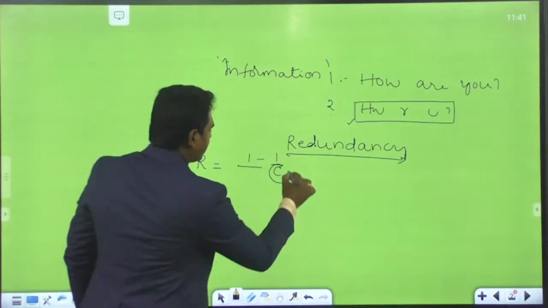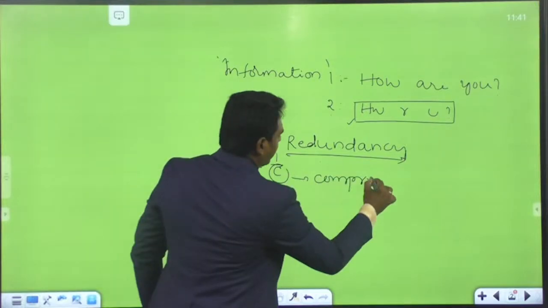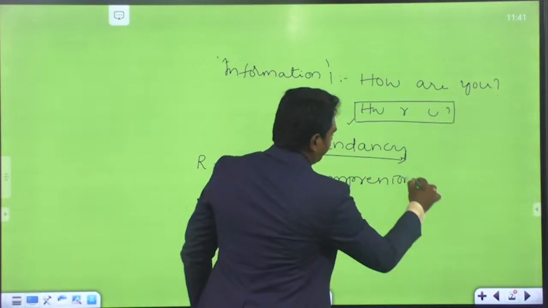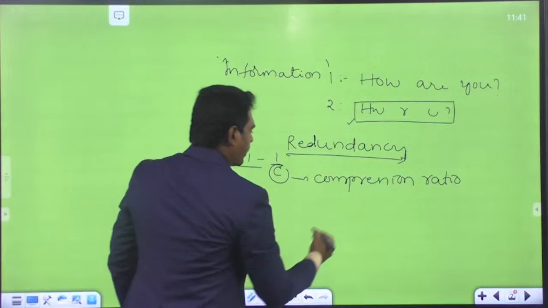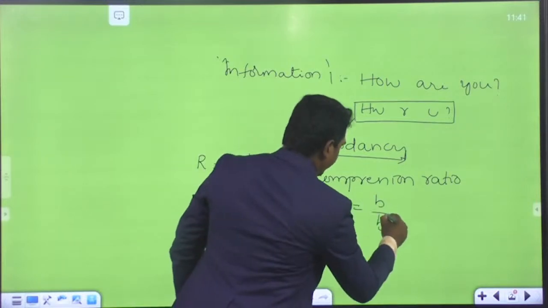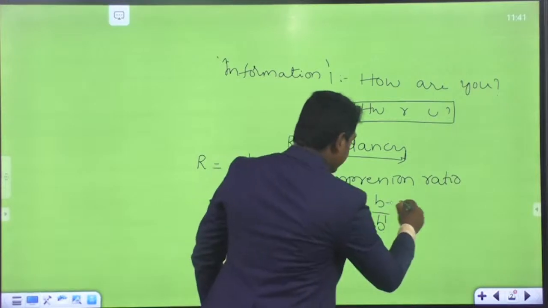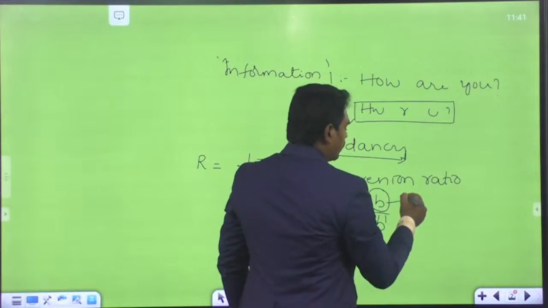C is called the compression ratio. How do we find the compression ratio? We have the formula C = B/B'. What is B? B is the amount of data represented,